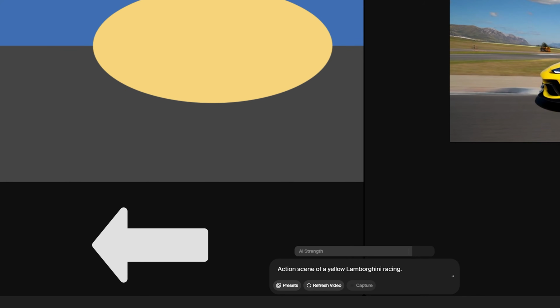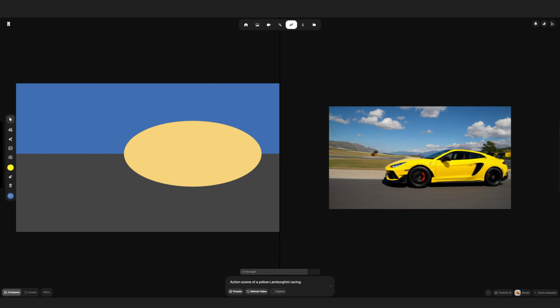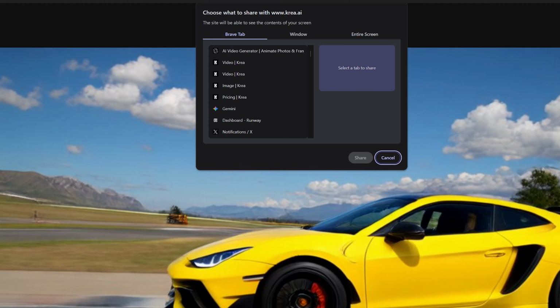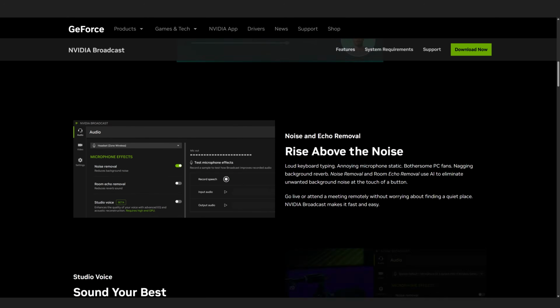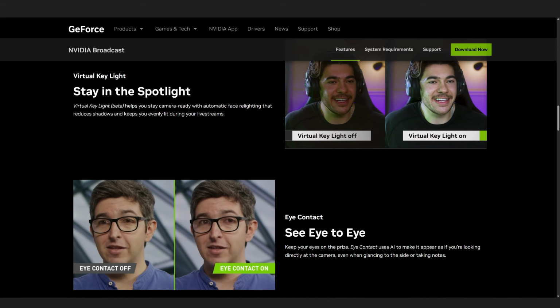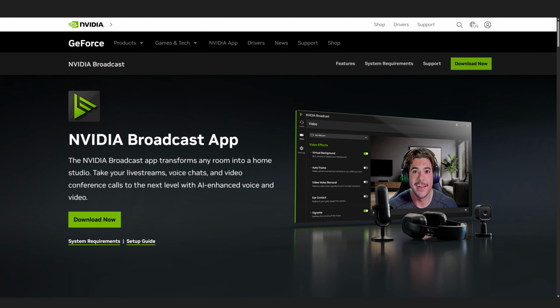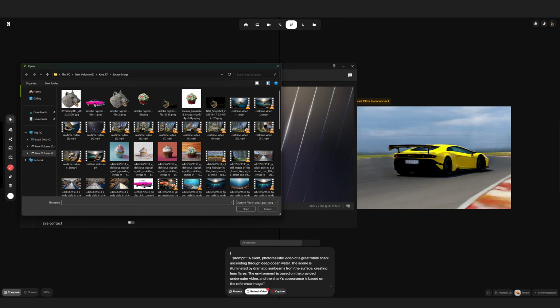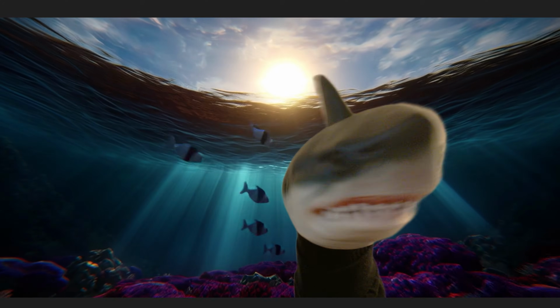Continuing to the left, along the bottom of the screen, you can select the Compose window, which we are currently in, or switch the input source to screen capture mode, where you can select a particular tab or window to use as a source. Not super useful for me, as I almost always use some sort of external third-party virtual camera or capture tool. In fact, for hand puppet capture purposes today, I'm going to be using NVIDIA Broadcast, as it will let me leverage my GPU to remove the background and input any image or video I want as a virtual background. Let's start with a quick proof of concept for webcam real-time video in Krea with a super dangerous great white shark.